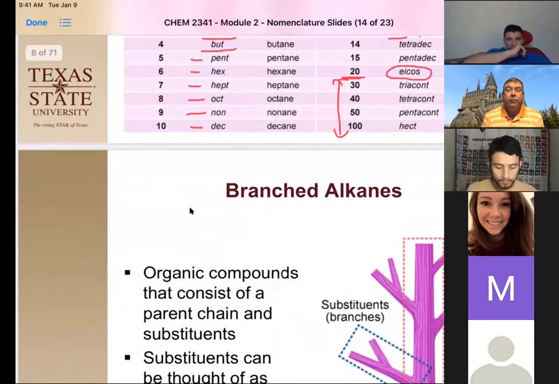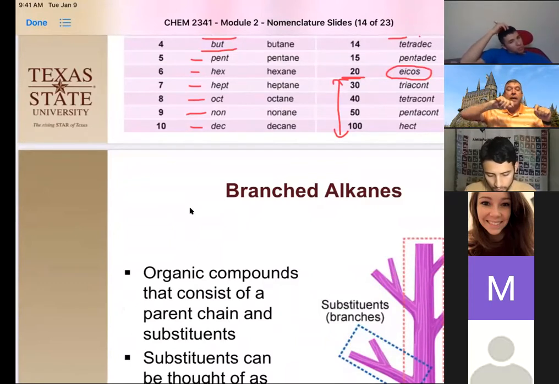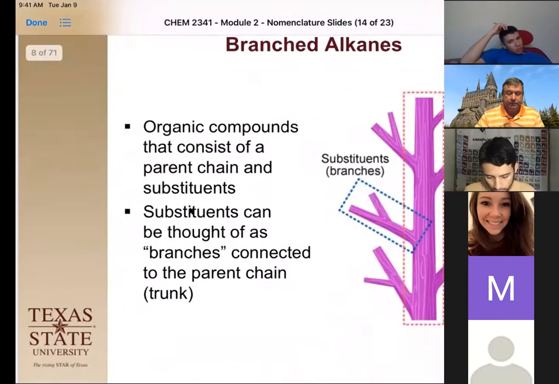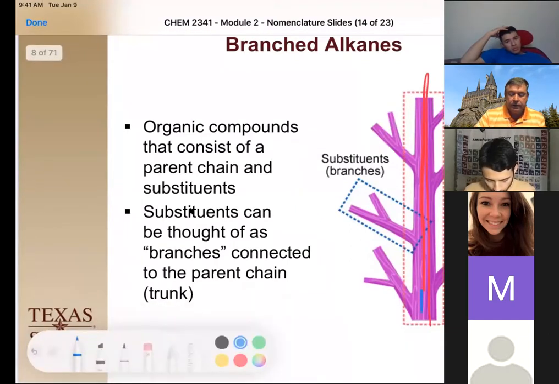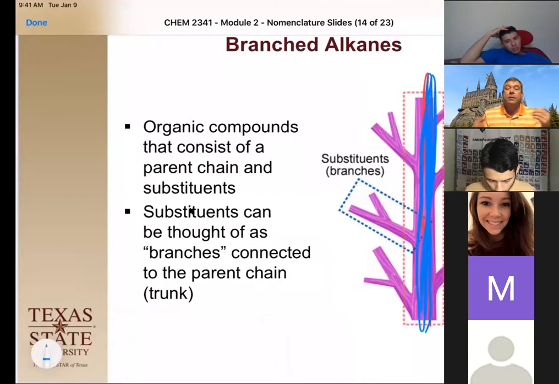Okay, so if you have just 20 carbons in a straight chain, good, you're done. You know it's 20 carbons, you know they're in a straight chain. However, the rule states that we have to have the longest continuous chain, okay, which means that you can have a chain of hydrocarbons and then have a branch coming off, okay? And we call these branched alkanes. So you might want to think of the longest carbon chain as the trunk of the tree. There we go, the trunk of the tree. So that's the longest one.